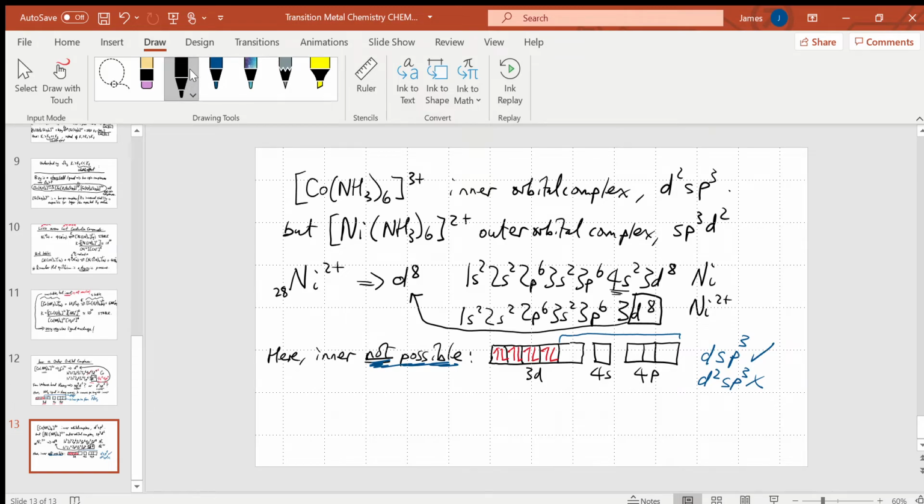Okay, so let's look at the alternative. The alternative in this case would be to have